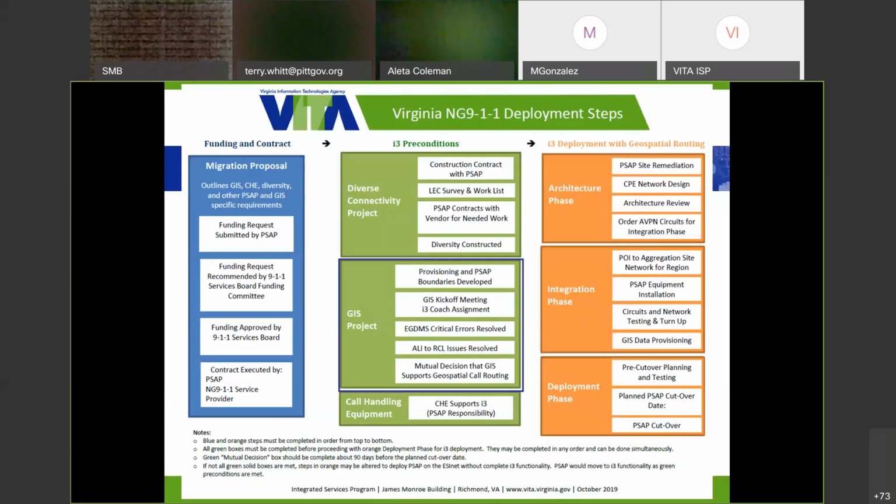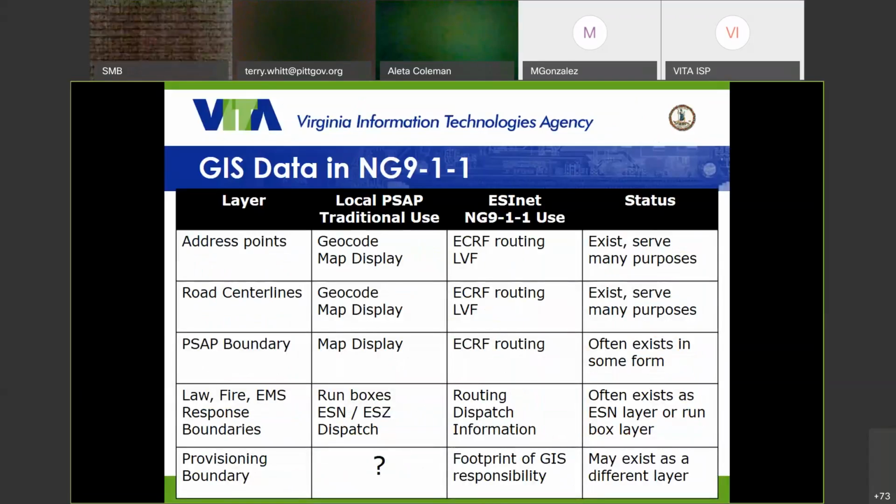It's very much an ETL process in terms of what data layers and attributes any locality has in their GIS, or as fields in their GIS data, and how they field map over to what the requirements of the NG911 system are. The heart of the GIS project is really walking through this ETL process from the locality data over to the